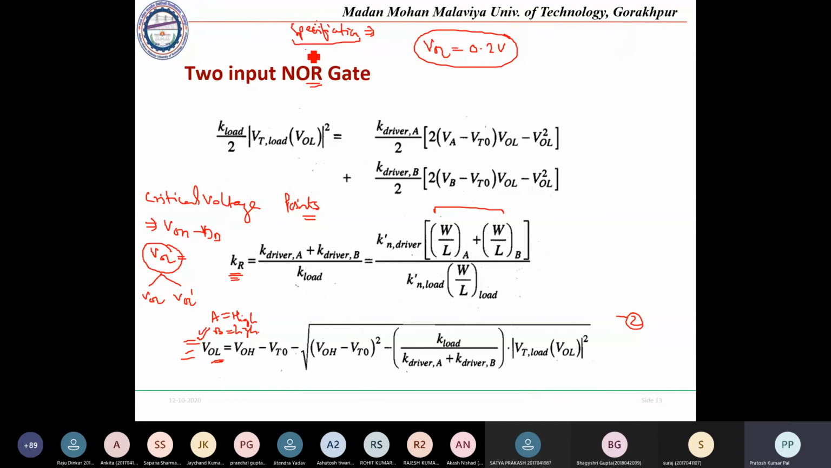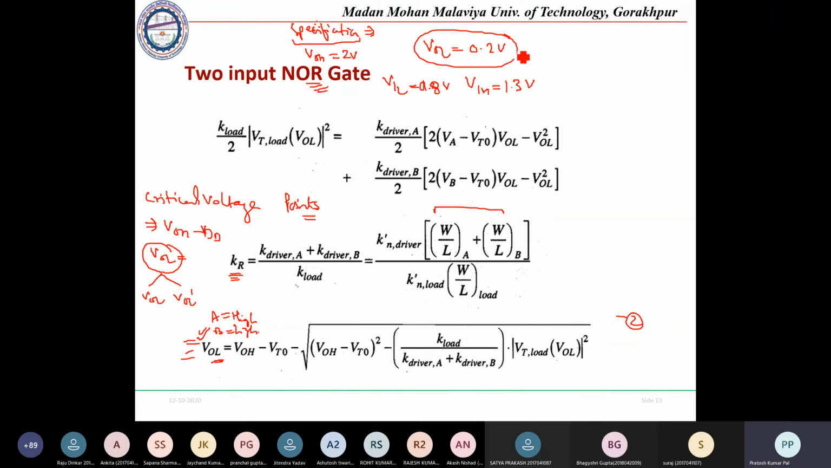Suppose in the specification it is given that the VOH value should be equal to 2 volt, and VOL should be equal to 0.2 volt, and the VIL value is 0.8 volt, and the VIH value is 1.3 volt. Suppose this is the question. This is the specification of a NOR gate, and we need to design this NOR gate with this specification. While designing the NOR gate using a depletion load, what we will be doing is